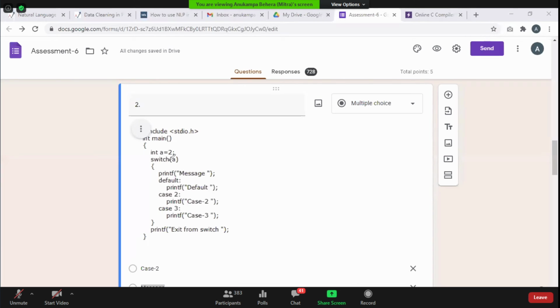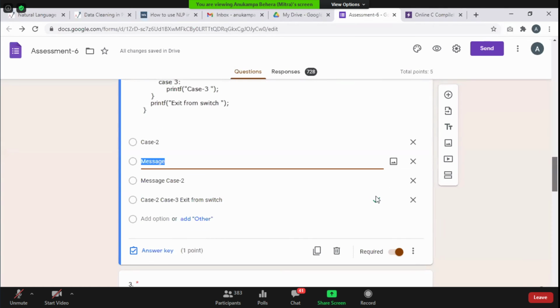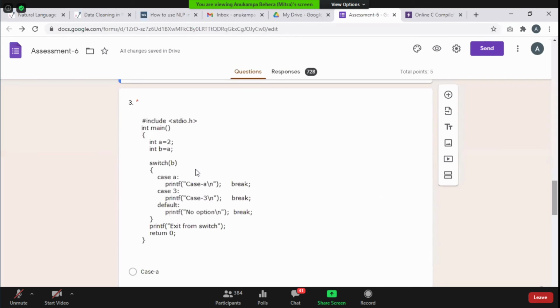So switch a, the control will go where? This will go to case 2. In case 2, we have case 2, then case 3, then it will come out and it will print exit, right? This one. Done? Next question.